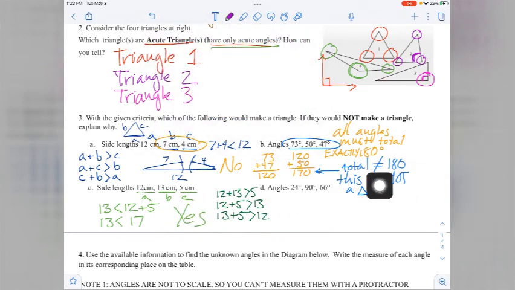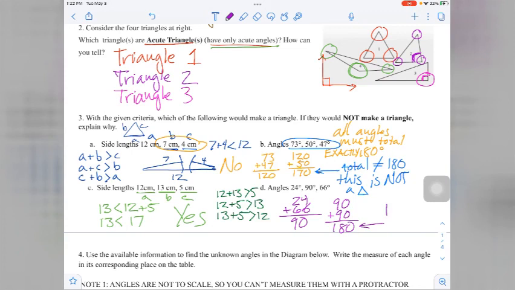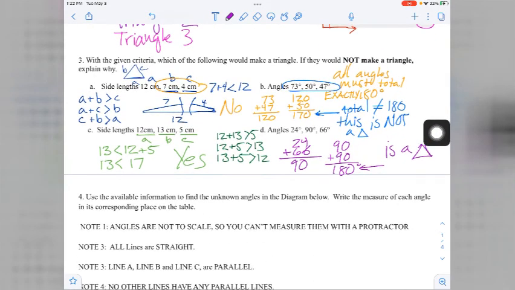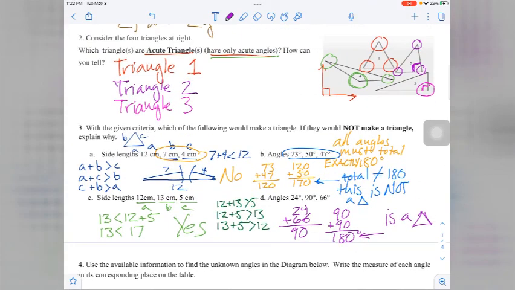And the last one just says, we know that all the angles have to be 180, so I'm going to add these together. 24 plus 66. Well, I know that 4 plus 6 is 10, plus 20 is 30, plus 60 is 90. So this is 90. And then now I have 90 plus the other 90. That makes 180. So this is a triangle because all of the degrees add up to 180 degrees. Okay. Go back, double